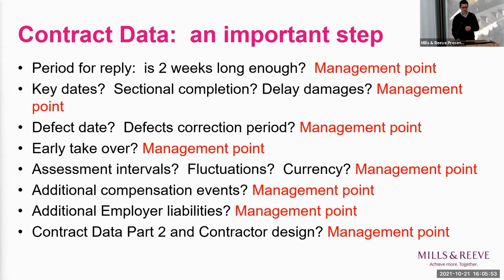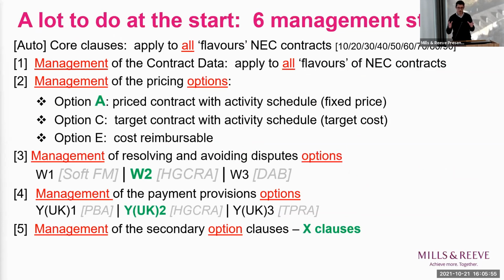So moving back to the things that have to be completed before you're on site, we've looked at contract data. You can see on the screen that there are other things that you have to do, in particular, which pricing option is the one that applies to your contract? Is it a fixed price contract? If so, it's option A, target C, and cost plus is E. Sitting alongside those are other options depending upon if it's an activity schedule or something based upon a bill of